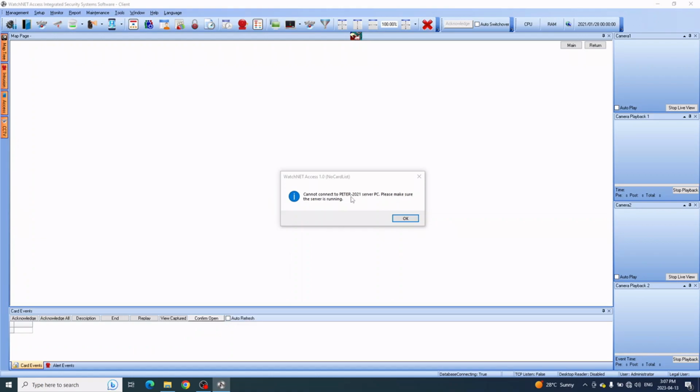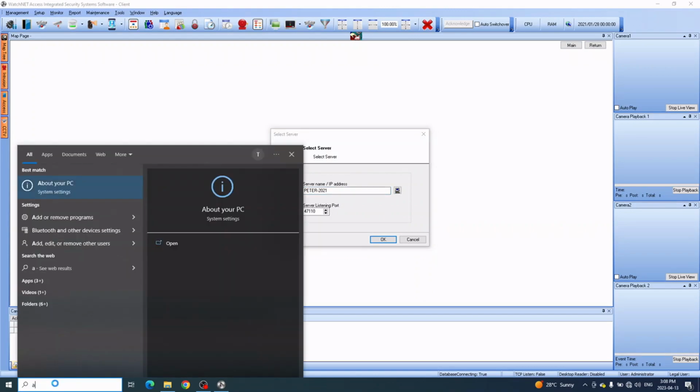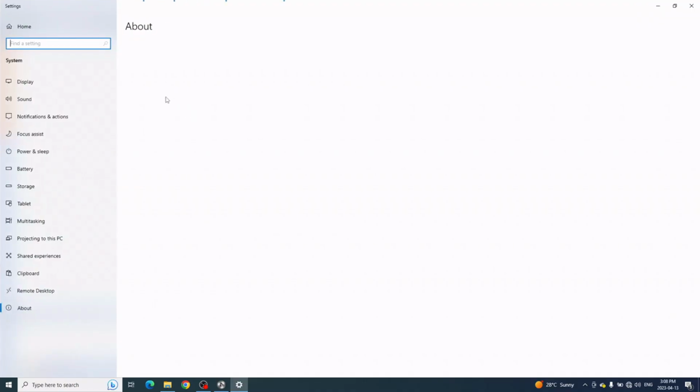Because it's a different computer, you just need to click OK, and then on this window you just click Yes. It will ask you to reselect the server name, and then here's where you can enter the server name. You can actually copy the server name from the About your PC setting on your computer.